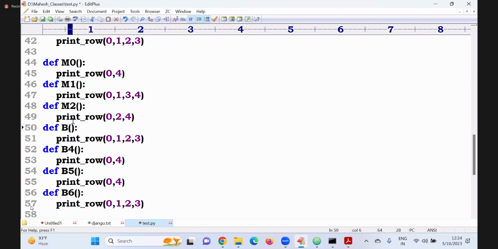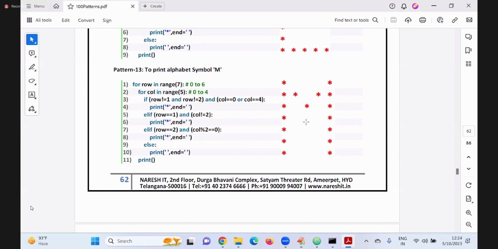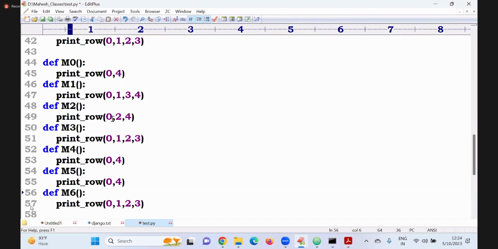M2, M3, M4, M5, M6. సార్ 3 ఉండాలి. 04, 04 అన్ని 04 లేనే కదా? జీరో ఫోర్.